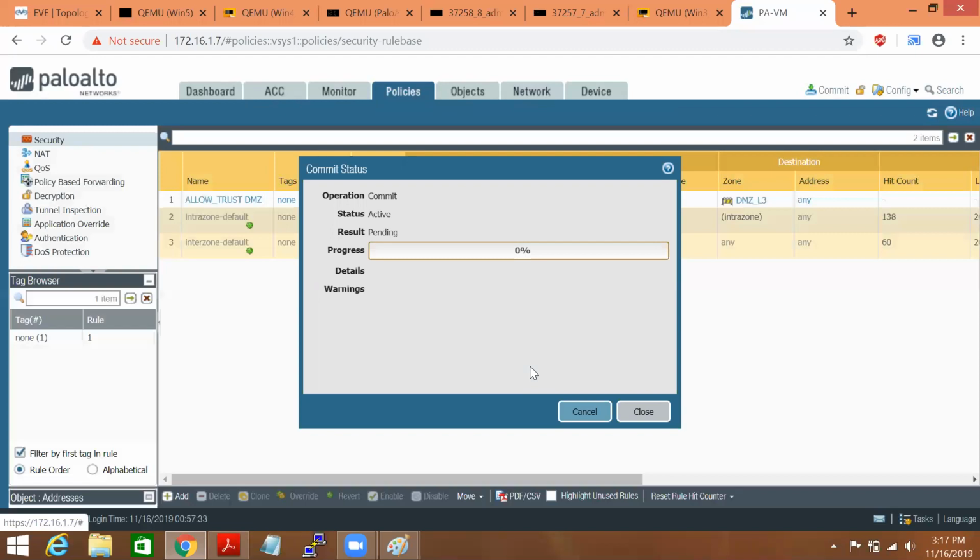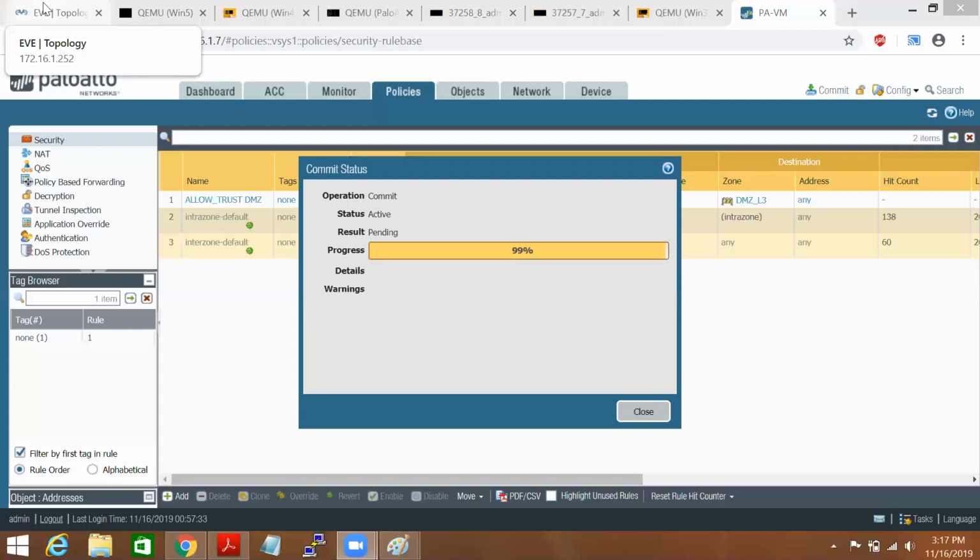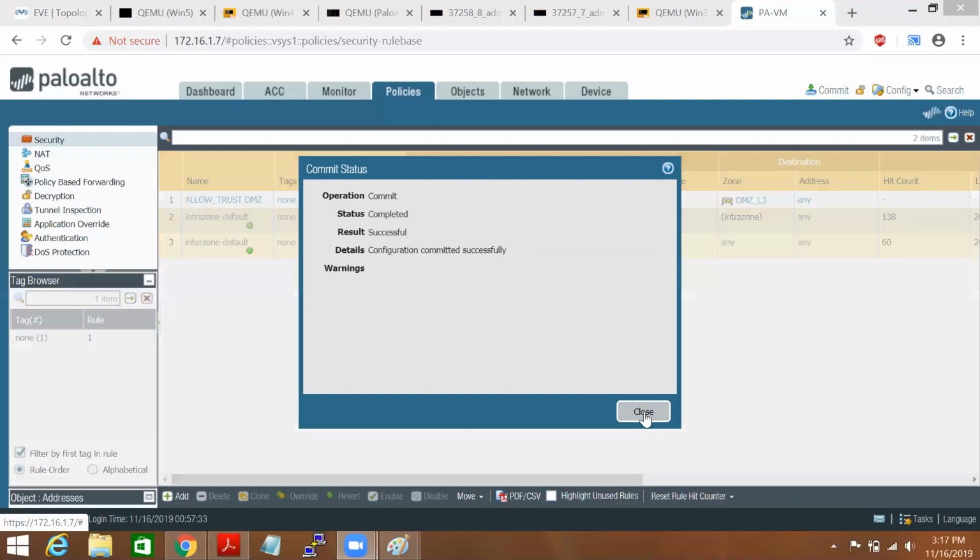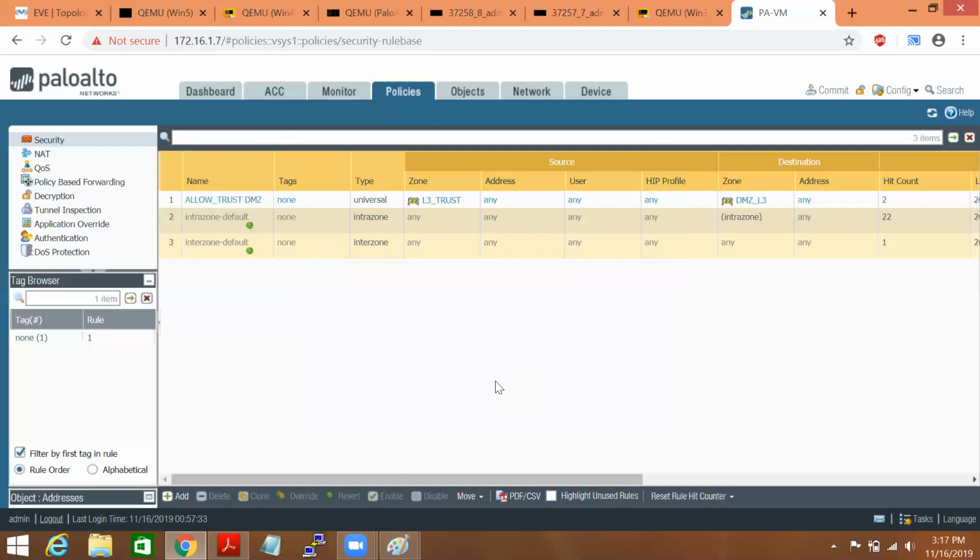There's one question for you guys. Does it ping or not after this? Guys, come on. Answer quickly if you understand this. After doing this, does it ping or not?